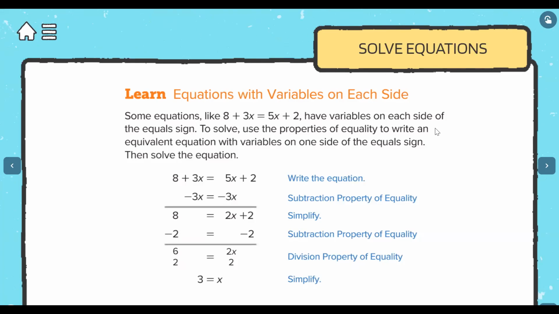Hello, everyone. So I'm going to tell you how we're going to use this. We're going to solve these equations. And remember, whenever we have variables on both sides, we need to choose sides first, right? Which side is going to be used for the constants, and the other side will be used for the variables, okay? So if you see right here in this example, we have the variables,